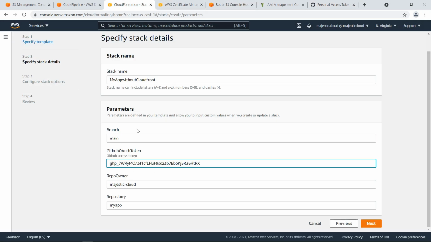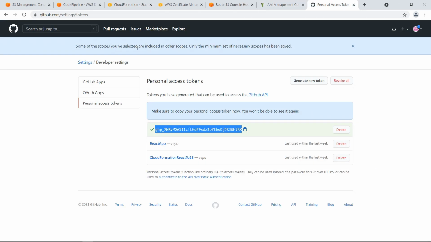So this gives CloudFormation permissions to access your token. Actually, Code Pipeline will access your token. The repo owner, this is the owner of the repository. Basically this is, if we go back here,